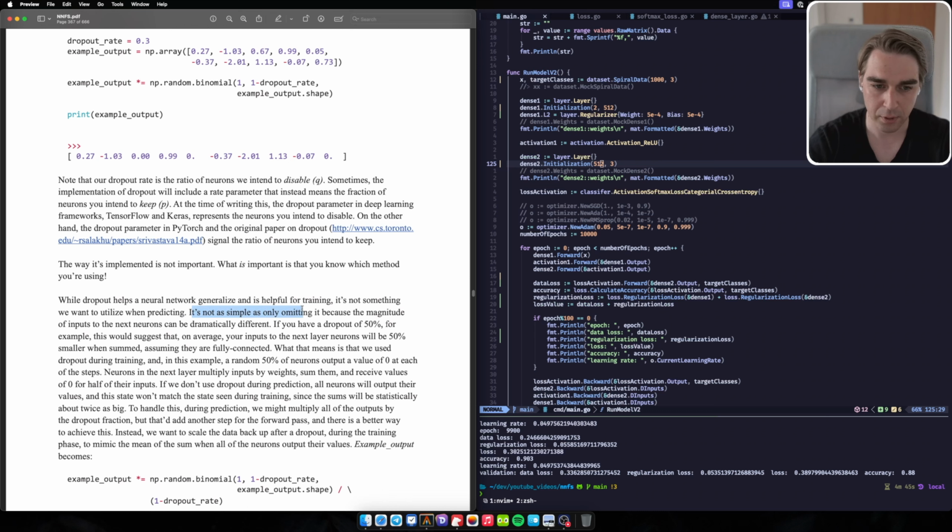Probably. It's not as simple as only omitting it, because the magnitude of inputs to the next neuron can be dramatically different. If you have dropout of 50%, for example, this would suggest that on average your inputs in the next layer's neurons will be 50% smaller once summed, assuming they are fully connected. What that means is that we use dropout during training, and in this example, a random 50% of the neuron outputs have the value 0 at each step. Neurons in the next layer multiply inputs by weights, sum them, and receive values of 0 for half of their inputs. If we don't use dropout during prediction,